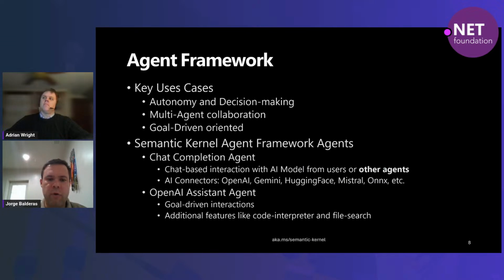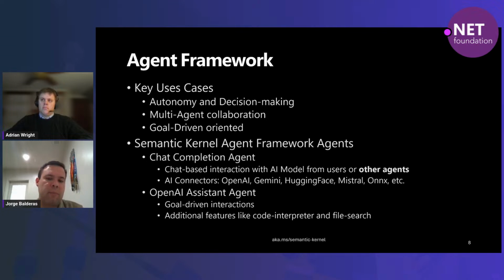So we're also going to show agents. It's hard to talk about AI without hearing about agentic AI these days. Agents are really the same concept as functions, but they're very goal oriented. Sometimes they have a very specific goal in mind. Agents are also used when you want to have collaboration. You have agents that are meant to handle very specific tasks, but you want to collaborate between those agents. And you can also leverage them for autonomy or decision making.